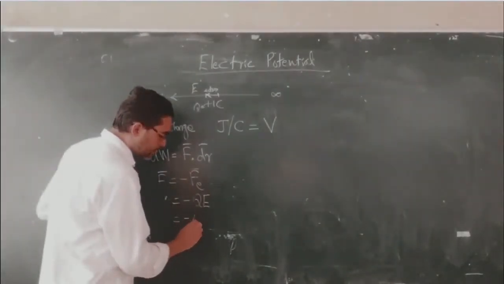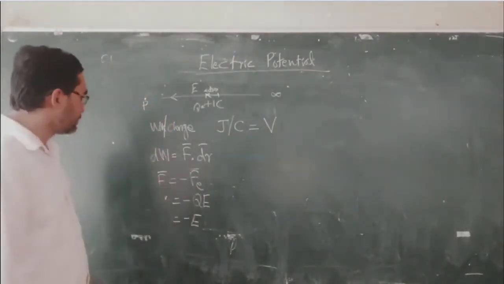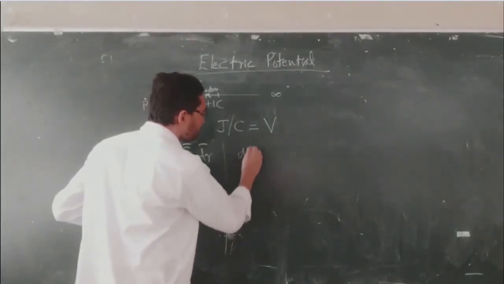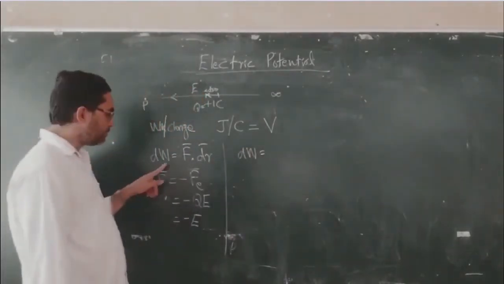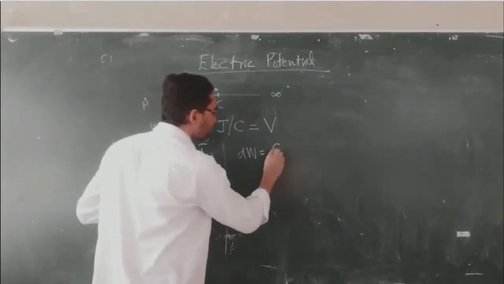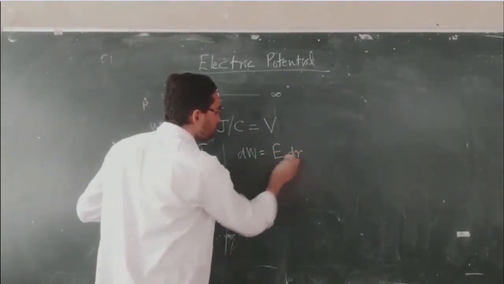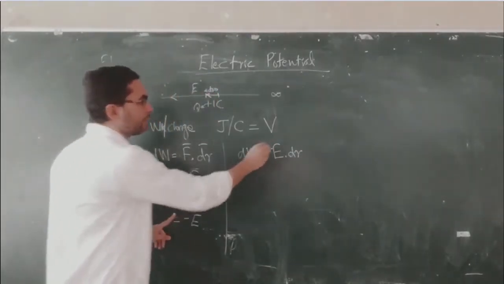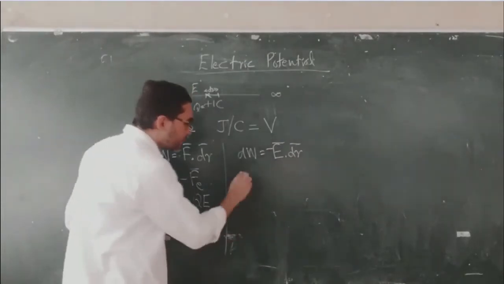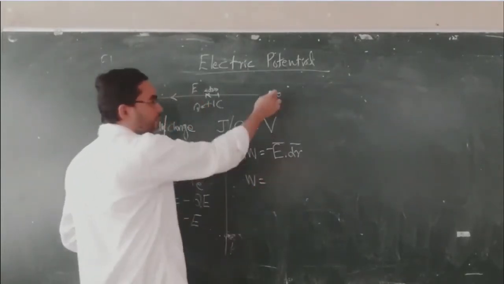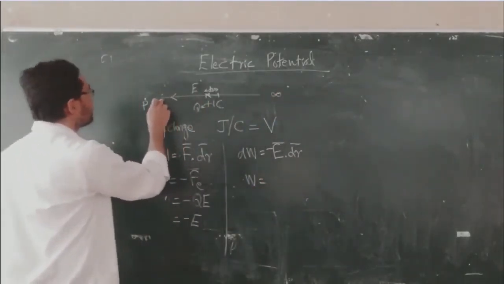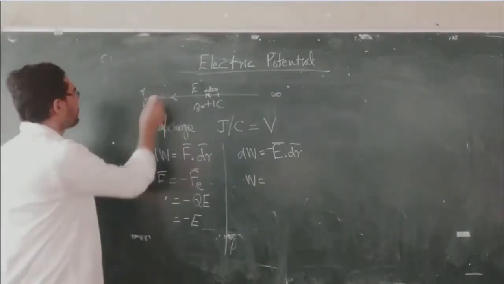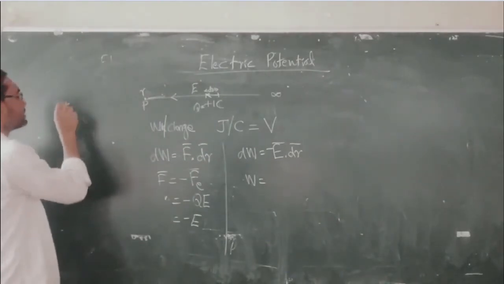So that is equal to minus E. Therefore, we can say the work done to move the particle through an infinitesimal distance dr, dW, is equal to minus E dot dr. Therefore, the work done to move the particle from infinity to this point, represented by a distance r from some origin O